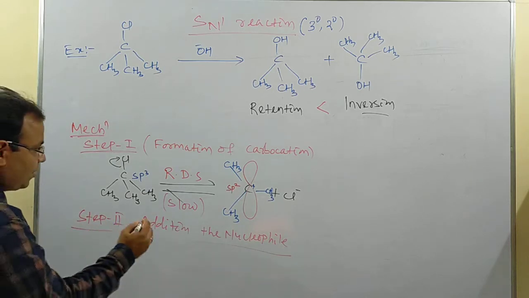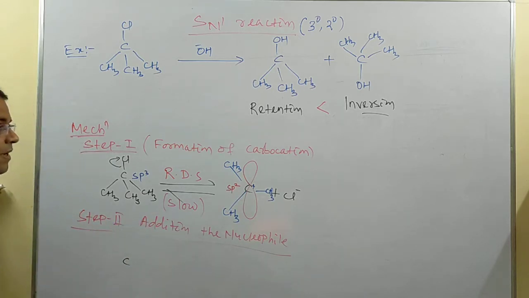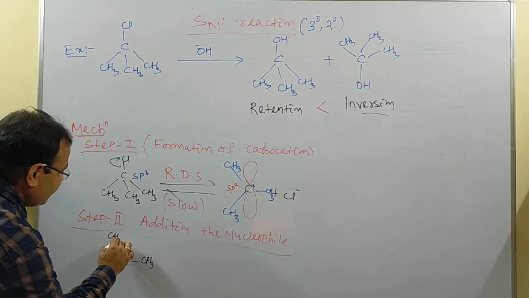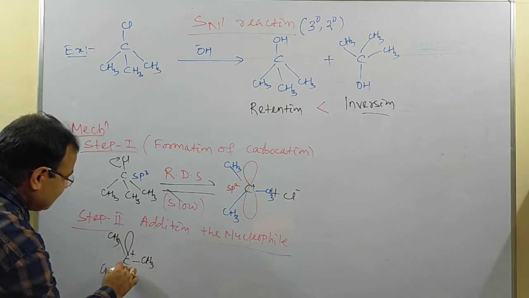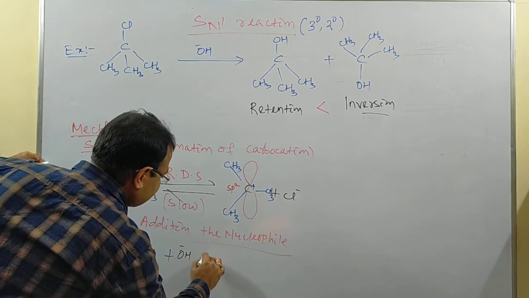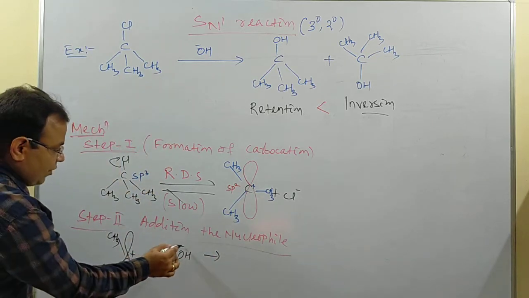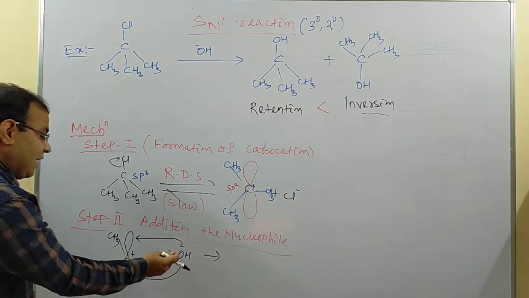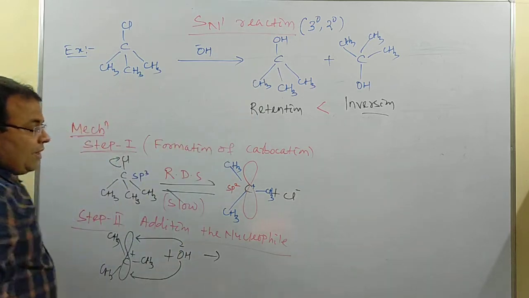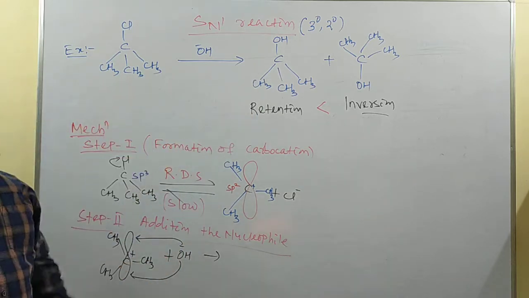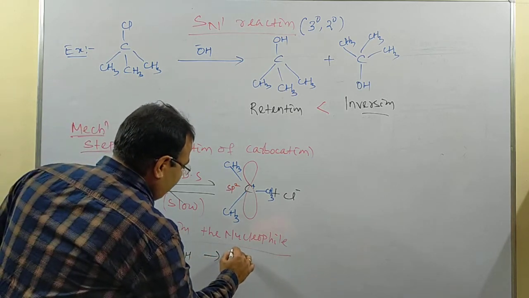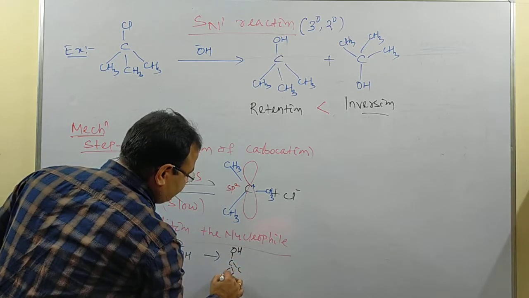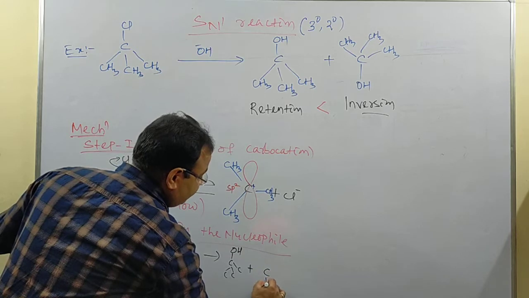Now I'm writing this one. So this is the carbon, and this is the CH3 here, and these two are also CH3. So this is the plus charge, and this is the empty orbital. If I add this OH minus over here, then what will happen? This OH minus can attack from either side. If it is attacking from the upside, then this product will be formed, and if it is attacking from the downside, then the inversion product will be formed. So the product will be like this: one will be the retention, and another one will be the inversion.